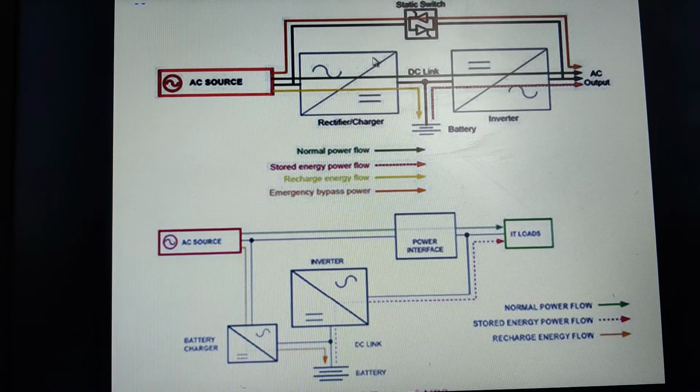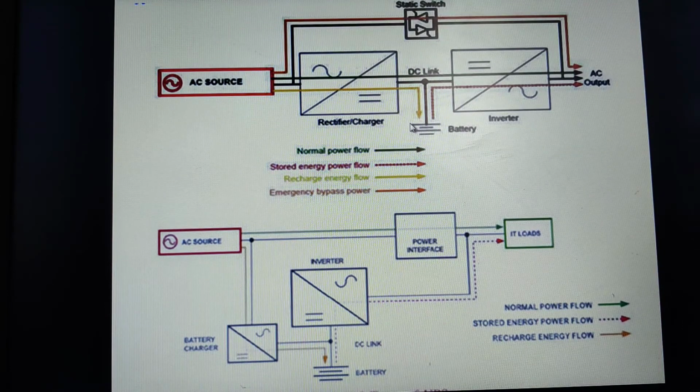Now, what happens if there is no power supply? As and when the power supply is flowing normally, when current is there, the battery of your online UPS will keep charging. Every time it will be charging. So once the power supply is off, automatically this rectifier or the charger will stop receiving the electricity, because there will be no pass of power supply.